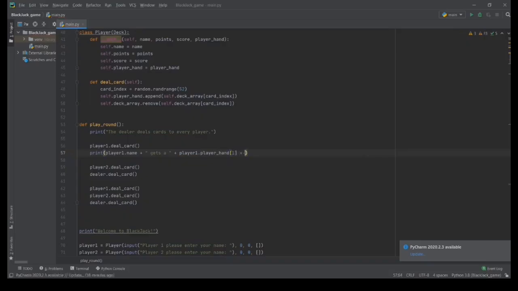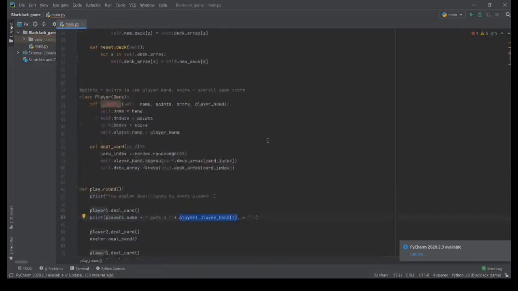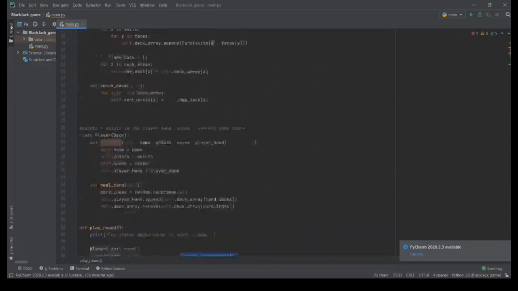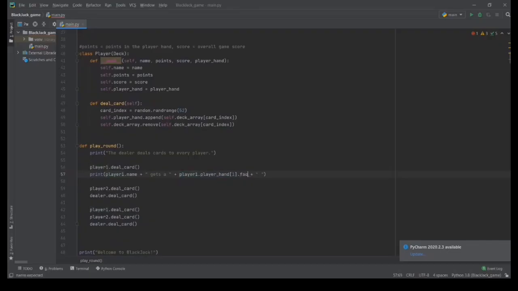Player 1 player hands. Player 1.name gets a player hand 1. And this would be the face of it. This is a card object. So from the card we need the face of